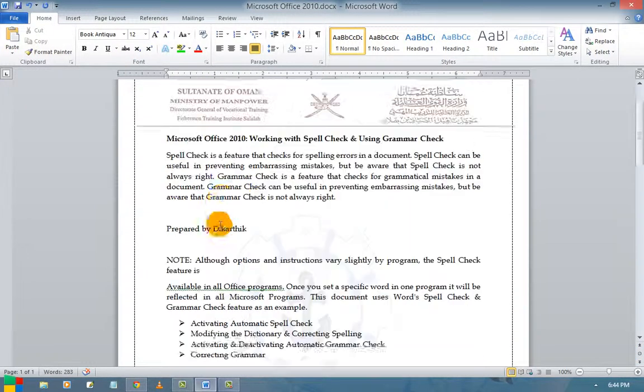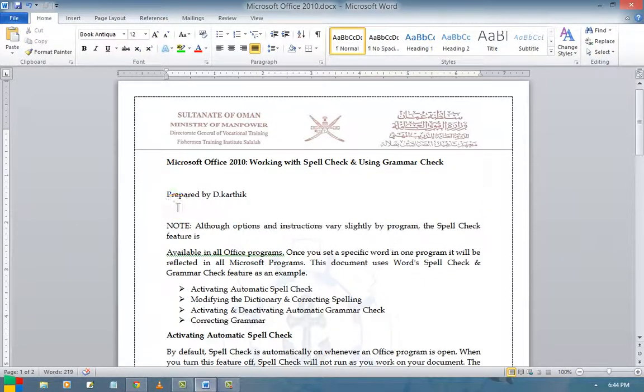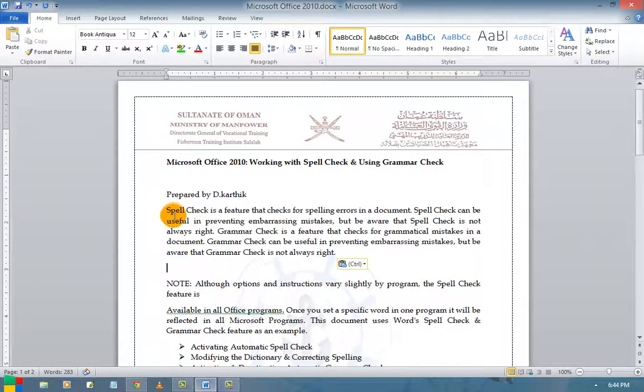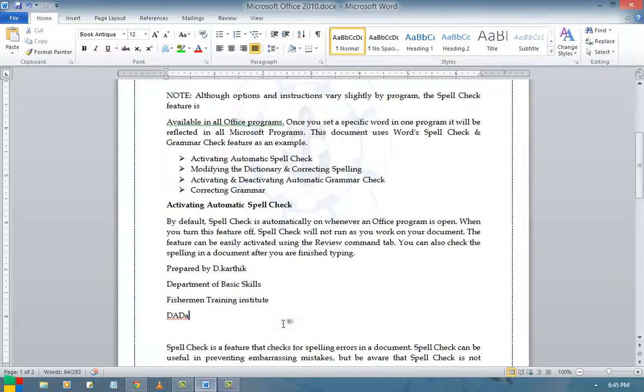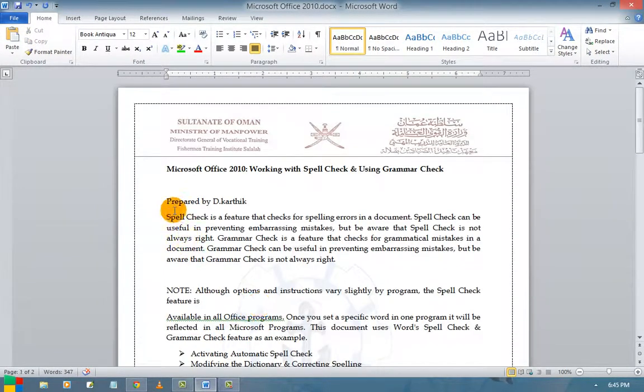Shortcut for cut is Control X, paste, Control V. So copy, select the area, copy, shortcut is Control C, and paste, Control V. So this is how you do cut, copy, paste.